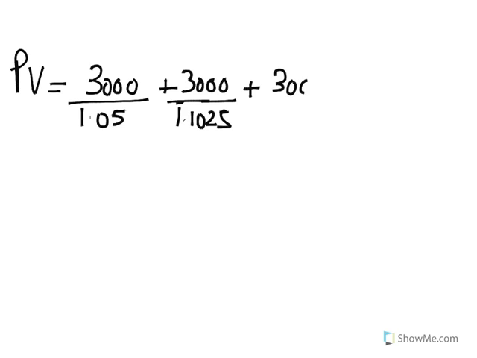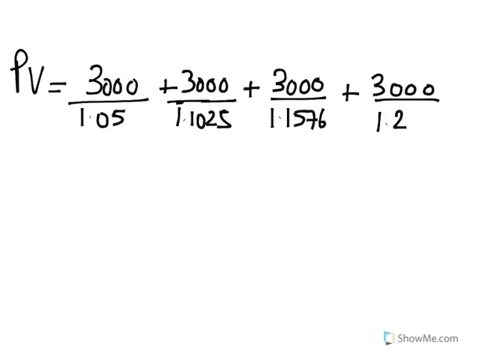The next one is 3,000 divided by 1.1576, plus the 3,000 divided by 1.2155. If you do the division, your answer for the first one, I'm going to make an approximation in the sense I will round this off to the nearest decimal. You'll get